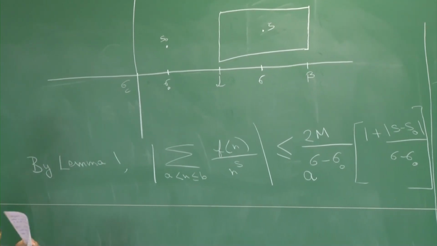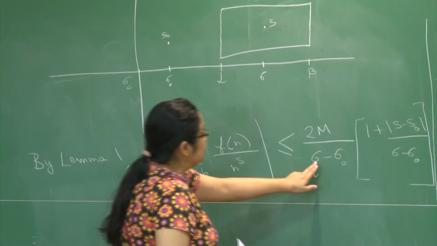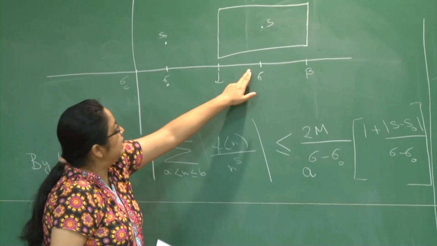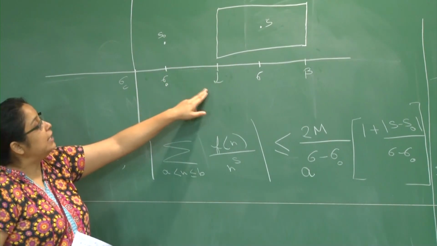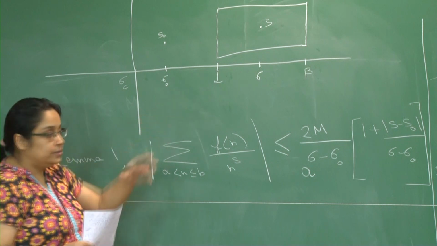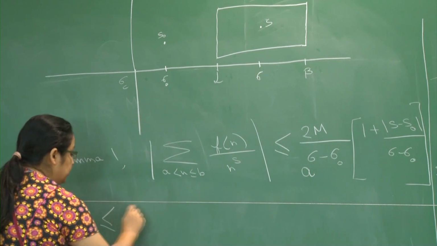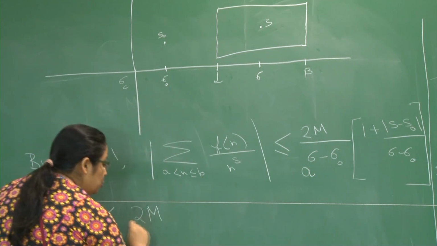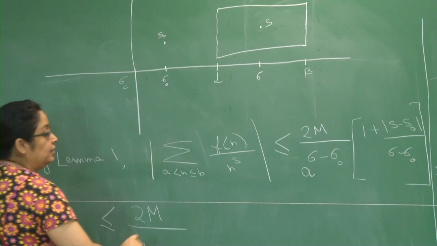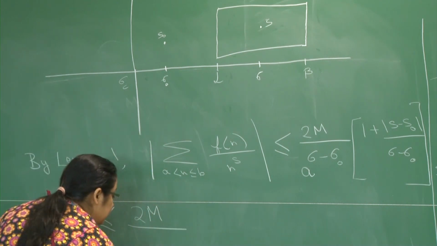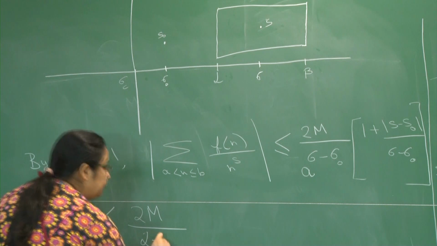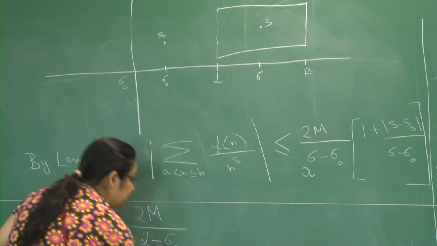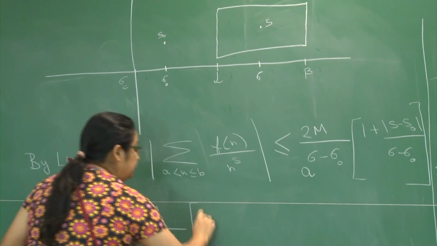Now you observe that your sigma minus sigma 0 is certainly greater than alpha minus sigma 0. So this is certainly less than or equal to 2m over a raised to the alpha minus sigma 0 times 1 plus